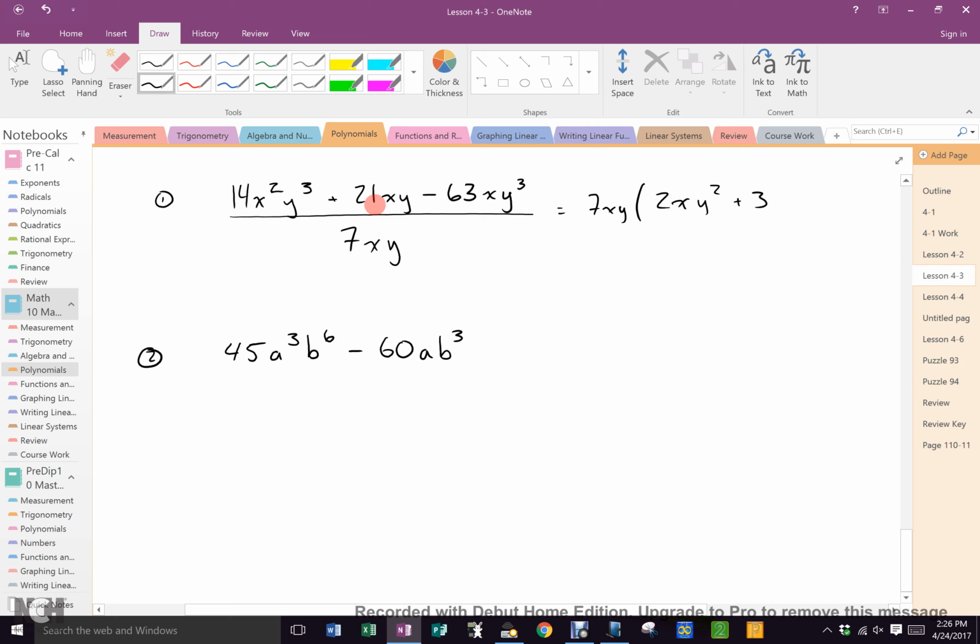Plus 3. 21 divided by 7, then the X and the Y's cancel out. Minus 9. X's cancel out, and 1Y squared. Because 3 minus 1 is 2. Now in this one, the reason I wrote it this way is because most of you are